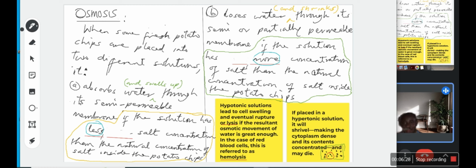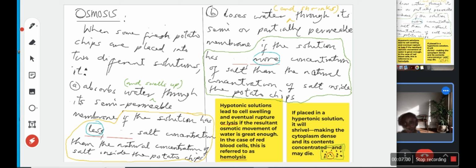Now, one of the potato chips will absorb water and swell up if the solution has less salt concentration than the natural concentration of the salt solution in the potato chips. Okay, let me make this clearer. Just imagine you have a potato chip and you place it in a solution,